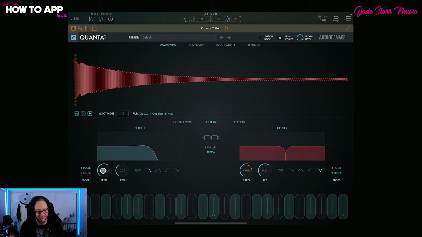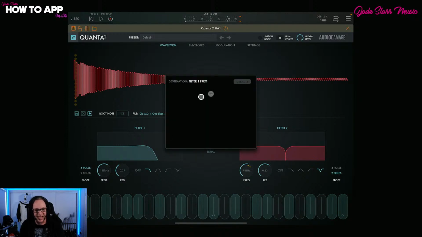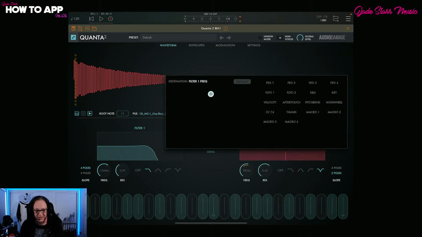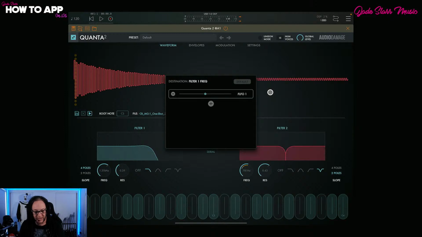Here's our filter. I'm going to double tap. As you can see, here is our destination window that pops up. All you need to do is hit plus. Let's go to our LFO1 and turn it up. And you can see already this is starting to move. So that's how easy it is to add modulation. So now if I hold down a note,